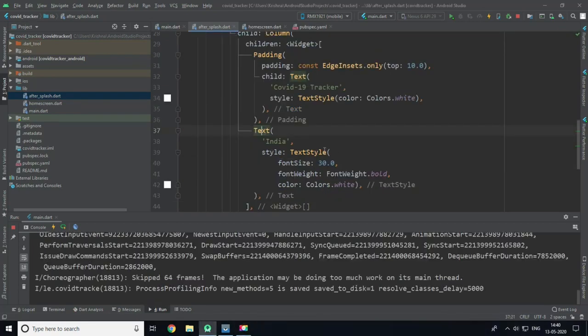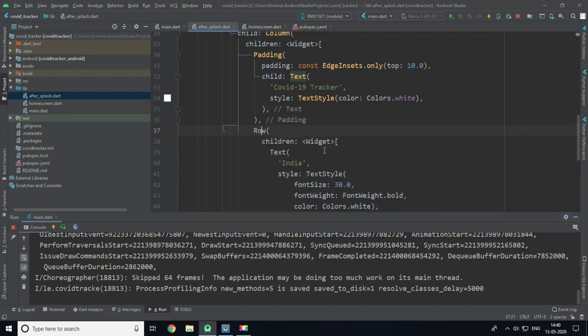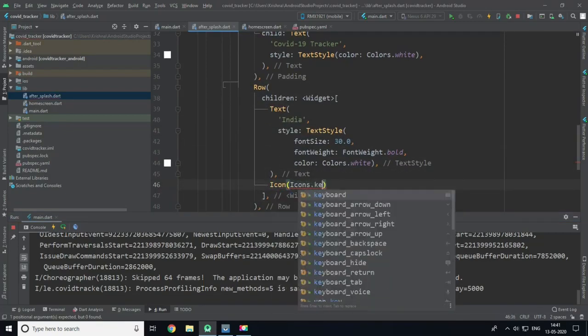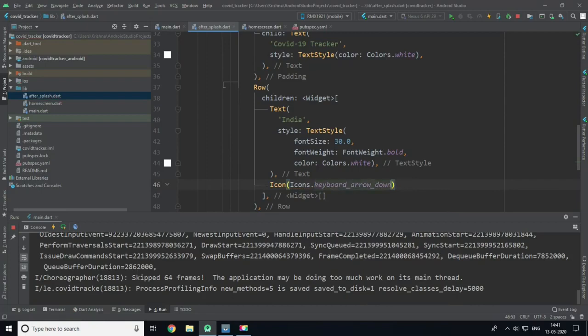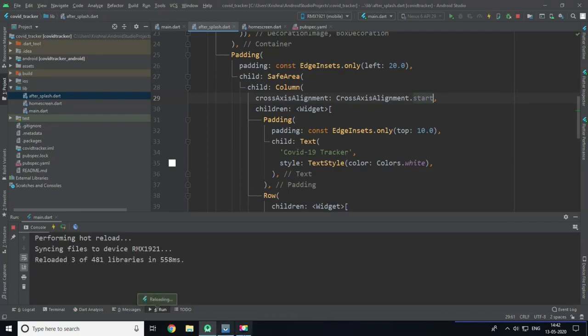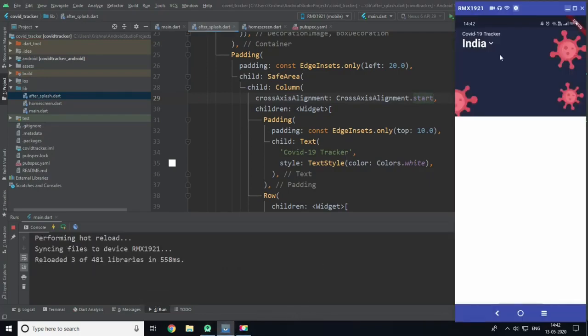Now I will move this text widget inside a row so that I can create one icon also, which is Icons.keyboard_arrow_down and give it a color of Colors.white. Now we need a cross-axis alignment. Now when I hit refresh, you can see that we have an icon here.